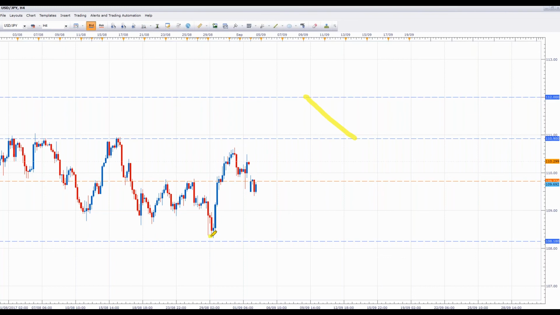But certainly you can see in the US dollar yen, we have this big push to the upside over here, and we now have this kind of corrective pattern. And we were looking for a pullback to the 109,770, which is a key area of support and resistance, as you can see over here. And we were looking for broken resistance to act as support.